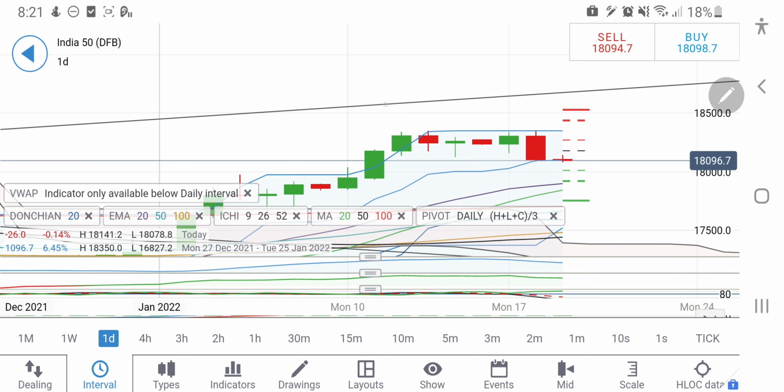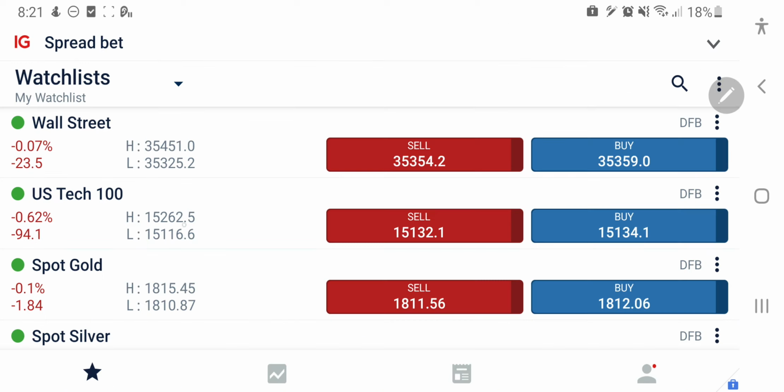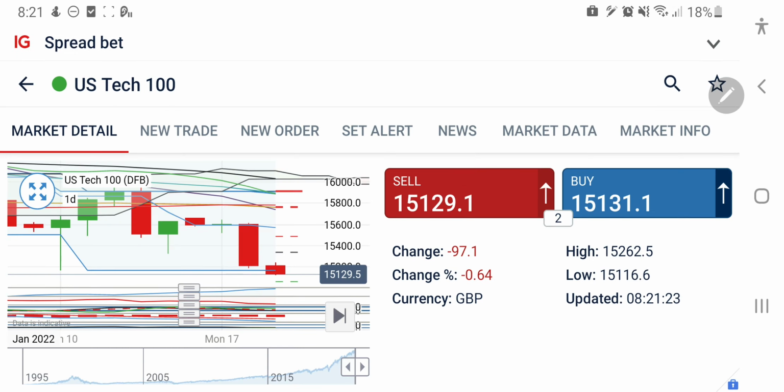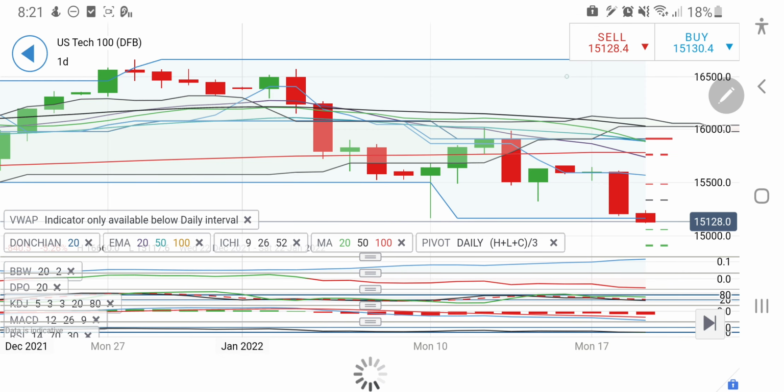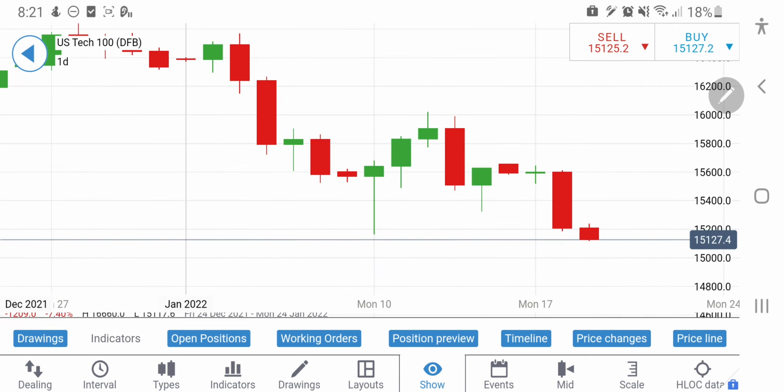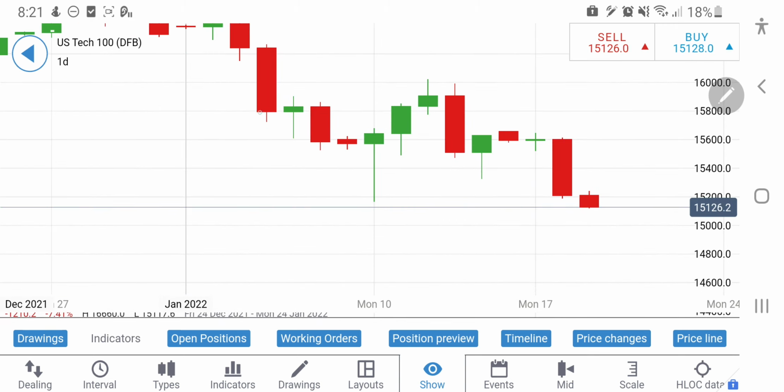Now let's move towards US markets. US 30 and US 100 are trading in a bearish zone right now, as I shared. US 100 below 18,180, critical support 15,180, below critical support levels. Now let's have a look at the charts for US 100. Probably second consecutive red candle we might see, and now you can clearly see on this chart that after this